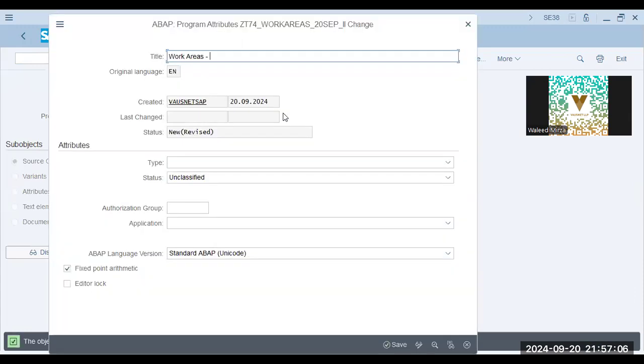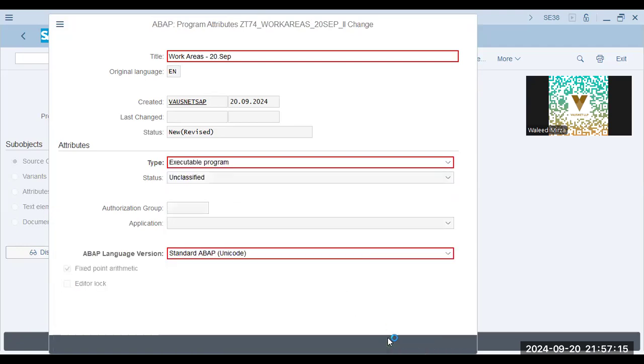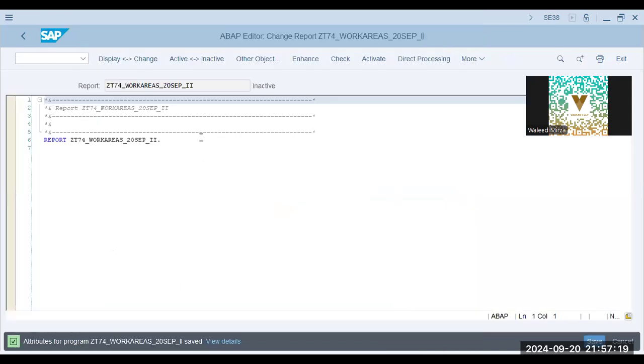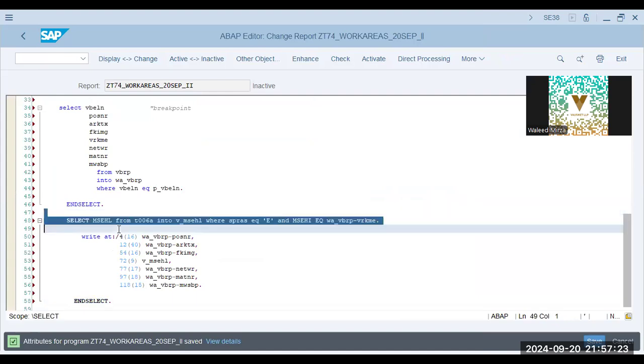Work areas 20 September. Programs, save. Okay, over here, now what we do is